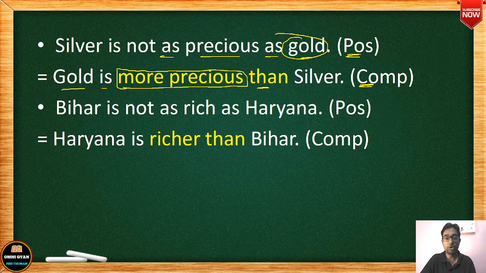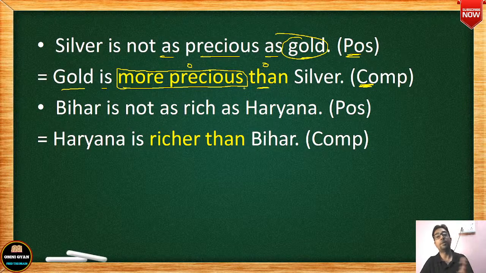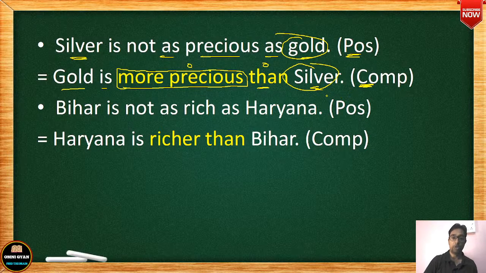Gold is more precious, ये आपका degree plus than, okay, degree plus than, comparative degree than silver. So gold is more precious than silver. So silver, the first word you are bringing in the last here. ठीक है, तो आप जो है क्रॉस कर देंगे, गोल्ड को पहले लेके आएंगे, फिर डिग्री लगाएंगे, फिर सिल्वर। मतलब जो पहला वर्ड है, the first word you will use in the end, आप लास्ट में उसको ऐड करेंगे।